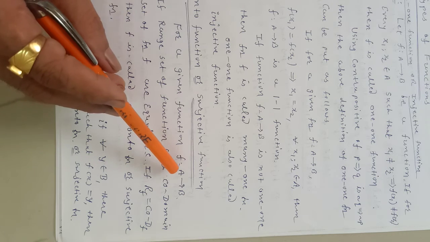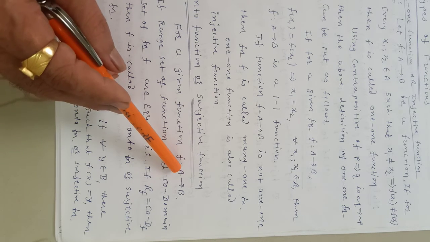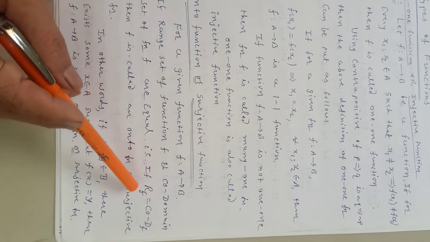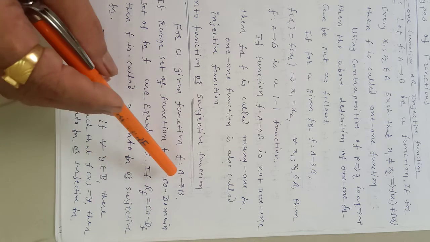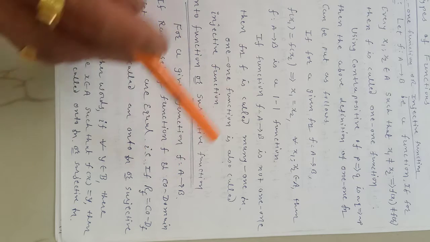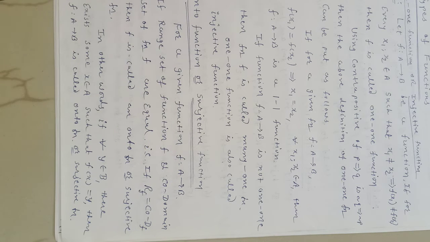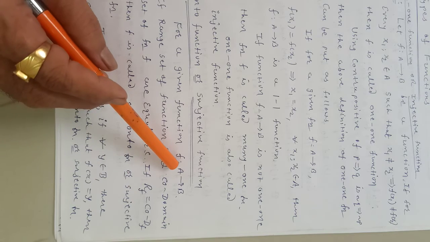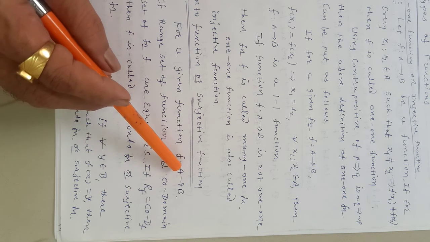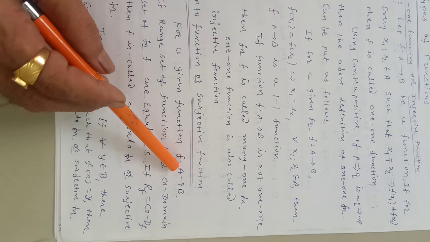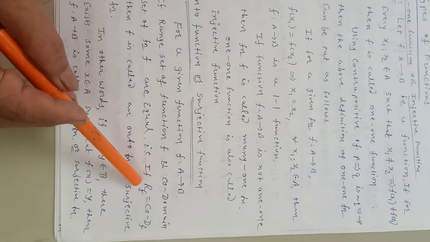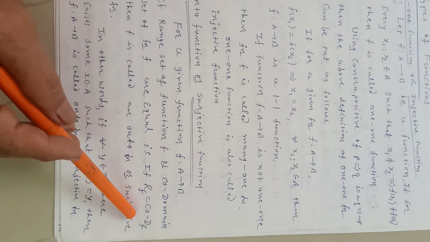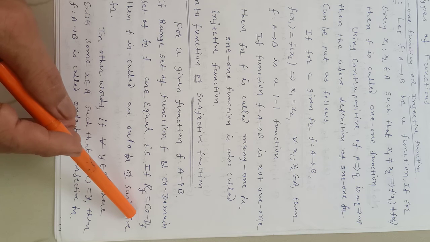Remember, when the function has domain set capital N or capital Z, then there is no problem to check Rf equal to codomain f, because in capital N the numbers are counting: 1, then direct jump to 2, then direct jump to 3 and so on. Same way in Z also. That is why, when the domain of f is given as N or Z, we find Rf directly and check whether it is equal to codomain f or not. Then you find it easy. At that time we decide onto or not.